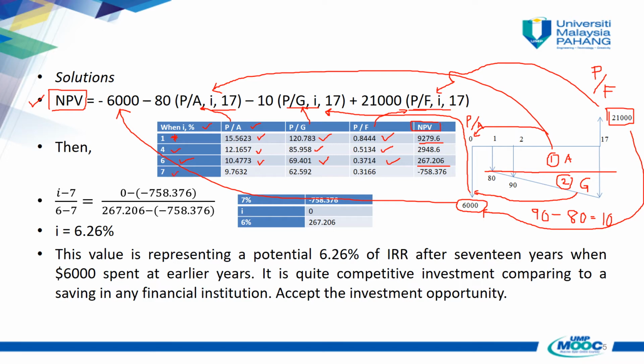We replace all of the P over A, P over G, and P over F values in our NPV equation, and we'll see that at 7%, our NPV becomes negative